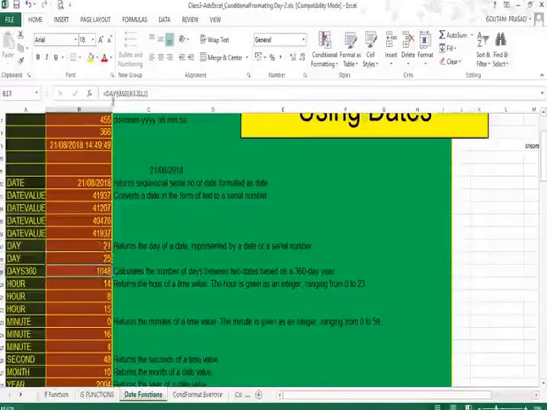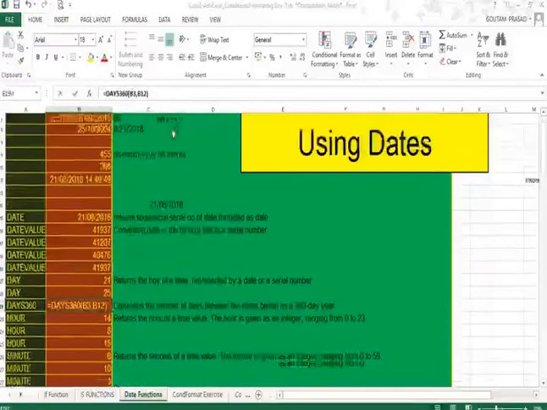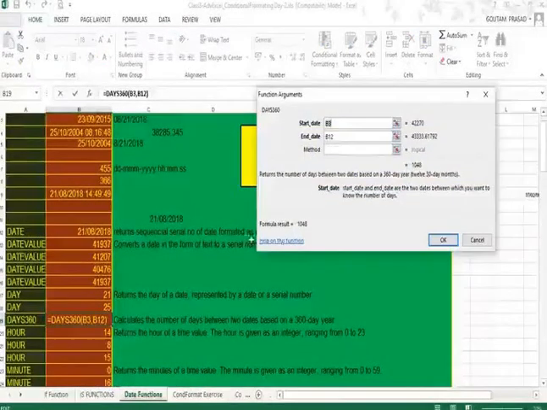DAYS360 is another function, and you can take help using this fx function, and here it tells you what this function is used for. This returns the number of days between two dates based on a 360-day year.